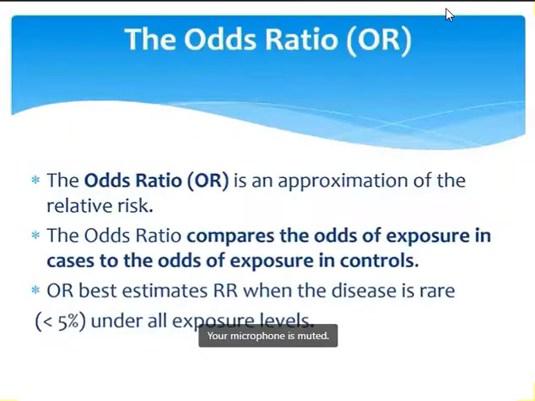Now, ideally, when we want to understand risk of disease, when you're exposed to a certain factor, you would like to calculate the relative risk. And the risk is similar to your probability, but because of the limitations of a case control study, because we do not follow up these group of people over a period of time, we are just taking cases and controls, the best thing that we can do is to find an approximate value for the relative risk, and this is called the odds ratio. And the odds compares the odds of exposure in cases to the odds of exposure in controls.